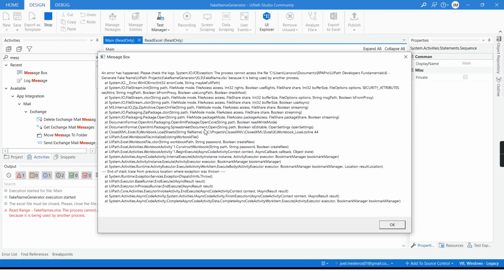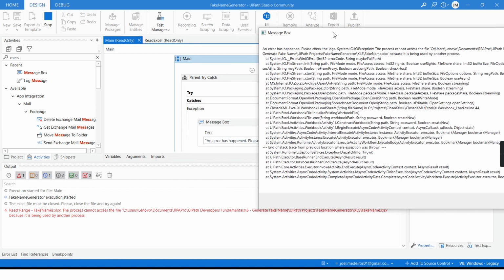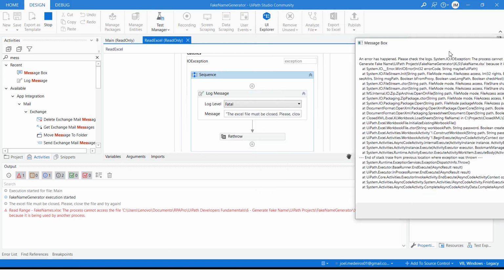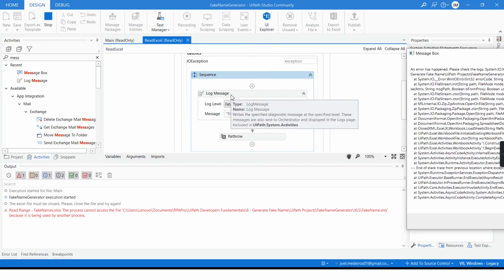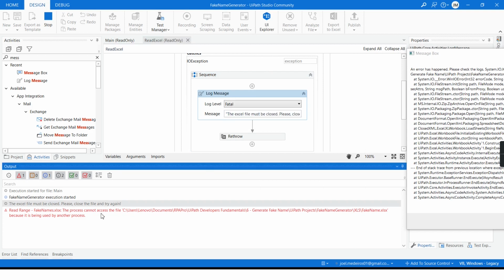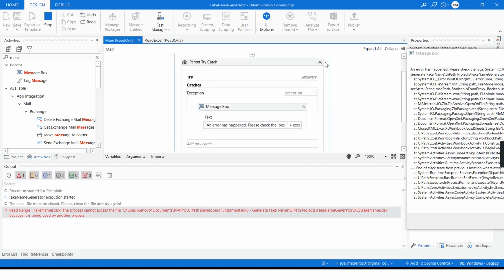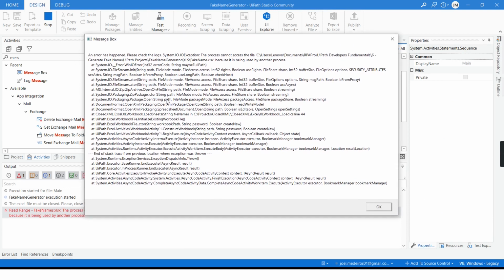All right, so notice that the log that I got here, I got the message that I put inside this read range activity, the try catch. So I create this log, it is this one here, and then I also get the original message from this exception. But this exception here was actually thrown by this try catch on top, the parent try catch.